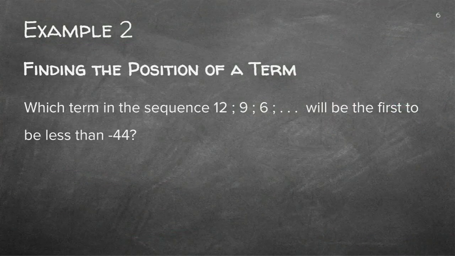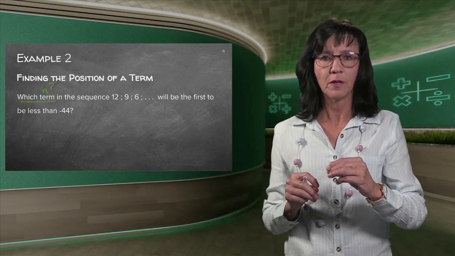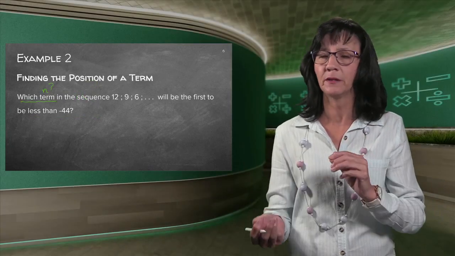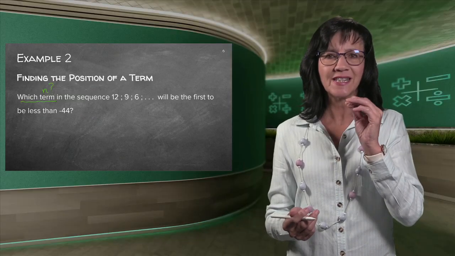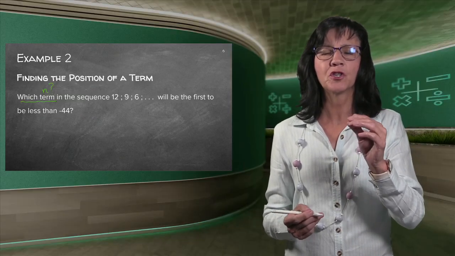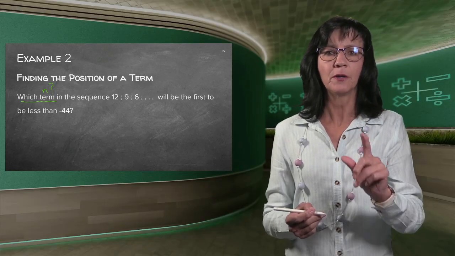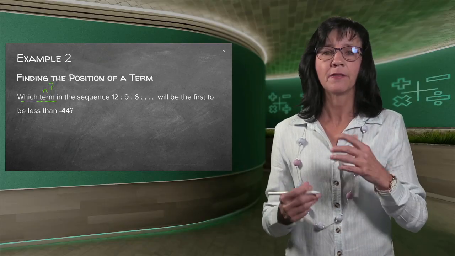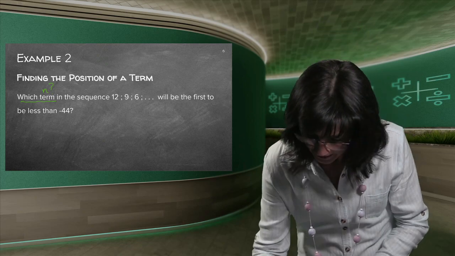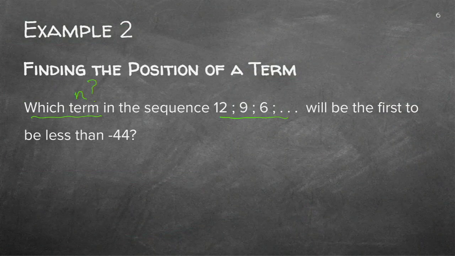Now it's to find the position. Remember, the position is the n. The nth term, the 4th term, the 10th term. Which term? So what are they asking? They are asking the n. They did not ask you the value of the term, because then they ask you the T. Remember, those two can be very confusing. So just listen to the T and the n. They're asking you which term, not the term's value, because then it will be the capital T. They ask you which term, so they're asking you the n, and the sequence will be the first to be less than minus 44. That is how we write less than minus 44.